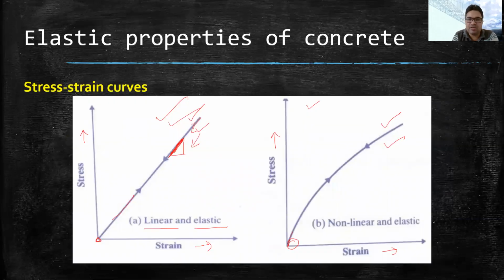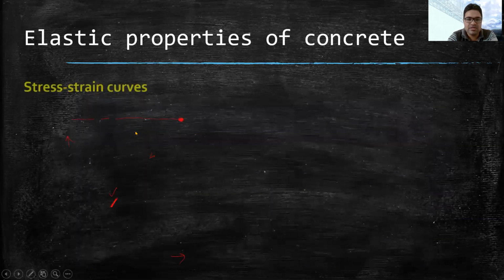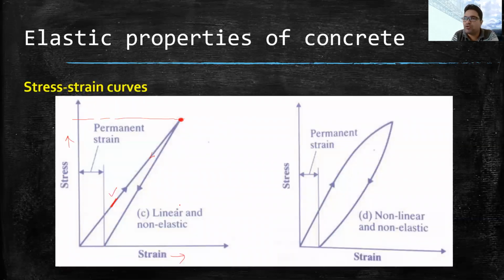So there you can see it was following the same path, but in the third case, you can see it is not following the same path, which means the material undergoes some deformation at this stress. And how much deformation is there? This much. So this much permanent deformation occurs. So when we again apply the load on this, it will not start from here, it will start from here, because this permanent deformation has already occurred.